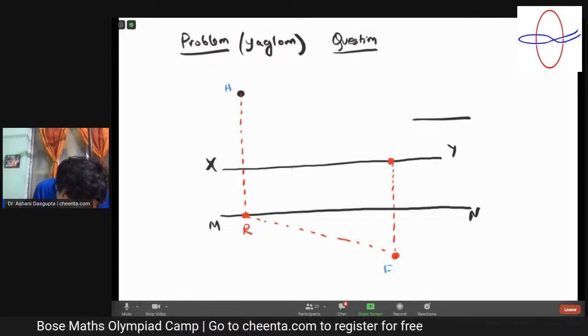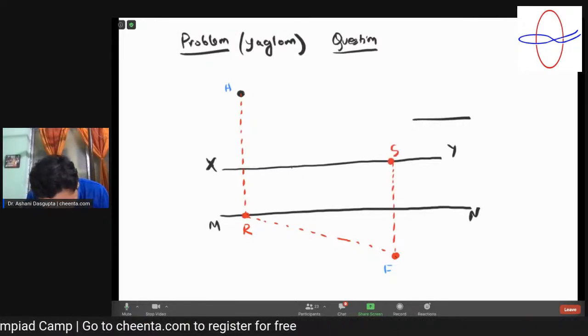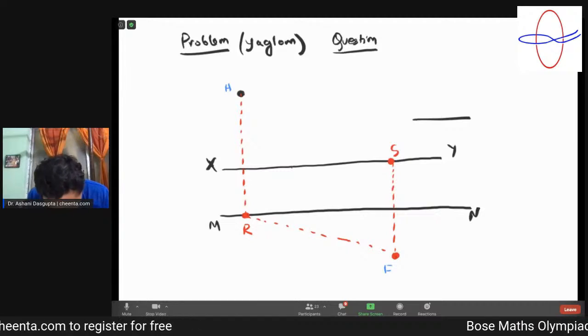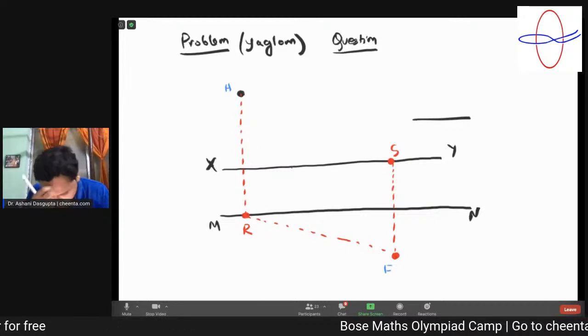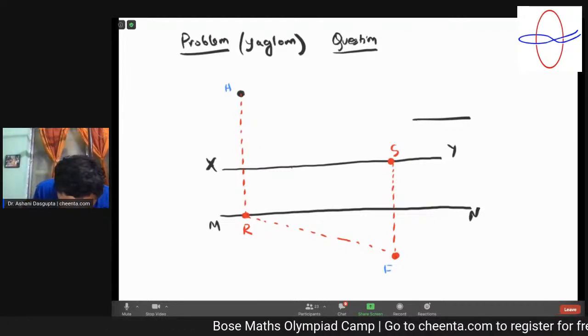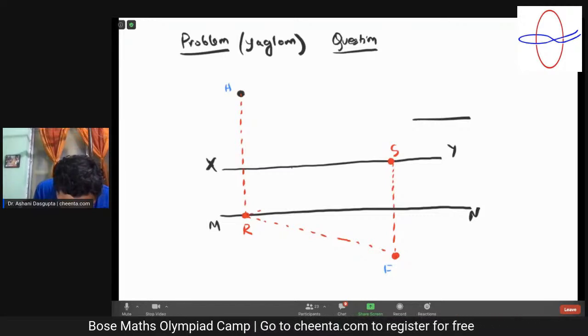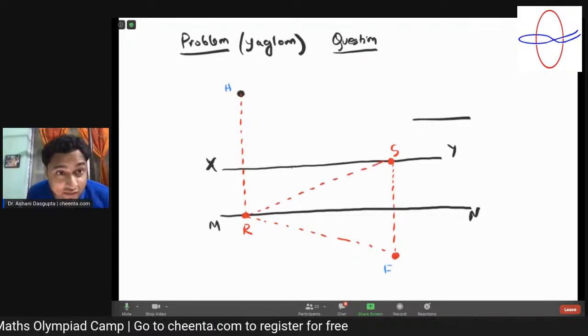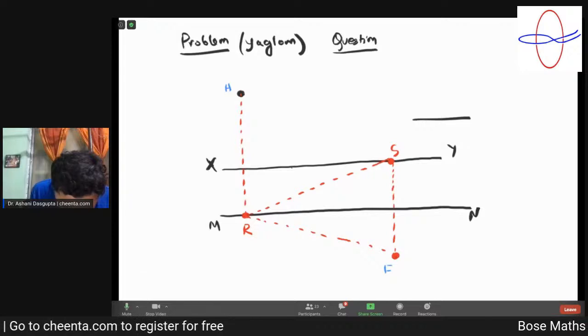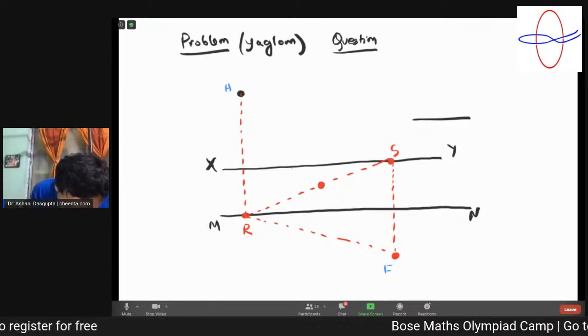So we should draw a line parallel to RS. Sir, and then from S to R you have to draw a line, and then the midpoint there is the midpoint of the bridge. Okay, this is a fancy solution. Maybe this is right, but why?